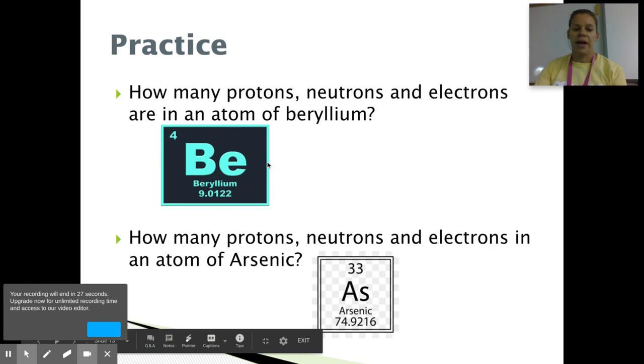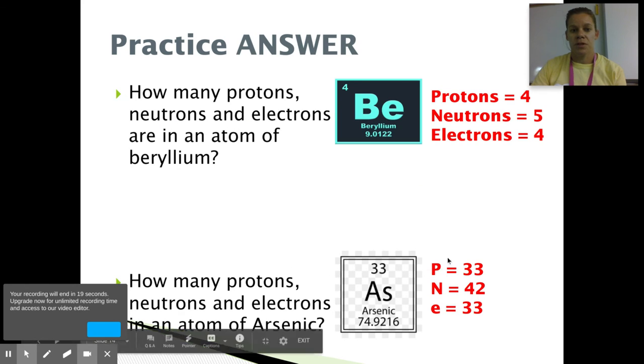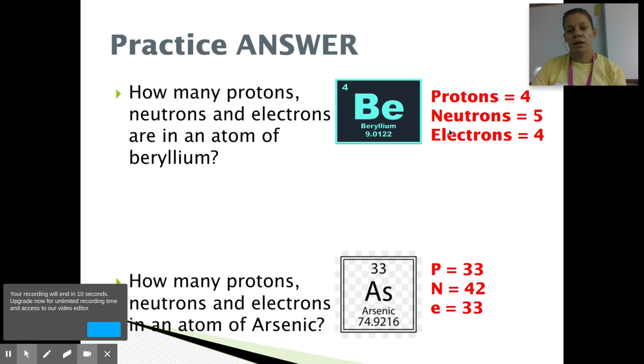So we got some more practice. Give it a shot on your own. With this information, can you figure it out? So your answer is on the next slide. Our atomic number is always our proton number. So that's where we get the 4. The electrons equal the protons. That's why it's 4. If I take the mass minus the electrons, I get my neutron number. So 9 minus 4